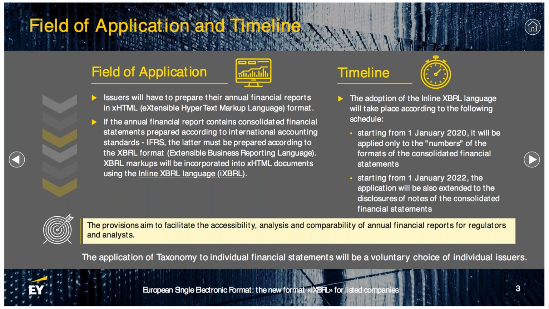The adoption of the inline XBRL is related to two schedules, two timelines. The first timeline starts from 1st January 2020. It will be applied only to the numbers, to the schemes. Okay, so the financial statement position, the balance sheet, the income statement, the movement of the equity, the OCI, so the other comprehensive income, and then also